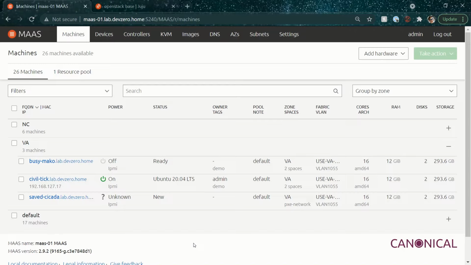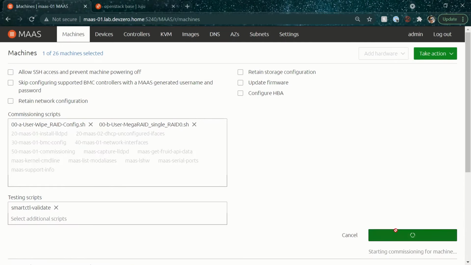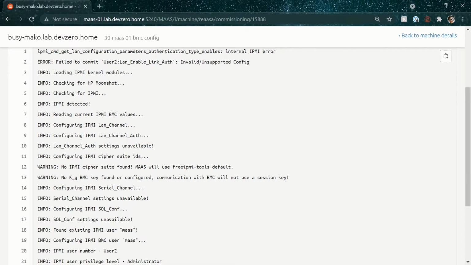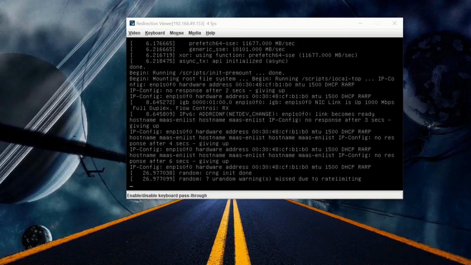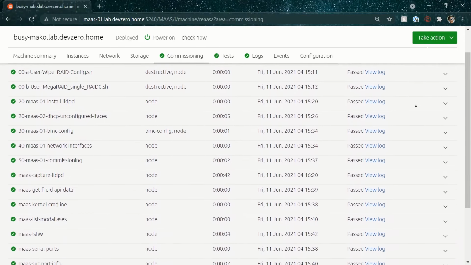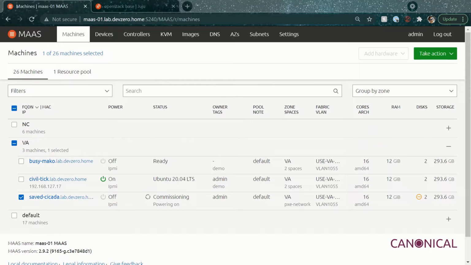Before machines are usable, they need to be in a ready state. And to get machines to the ready state, I need to formally commission it. MaaS will turn on the machine using the IPMI information it learned during its initial commissioning, and it will PXE boot again, and MaaS will then poke sticks at it and learn as much as it can about the capabilities of the machine. After that, it'll be in the ready state, and I'll be able to configure the desired target state of the machine. So while this one goes through its formal commissioning, let's configure the networking on a machine